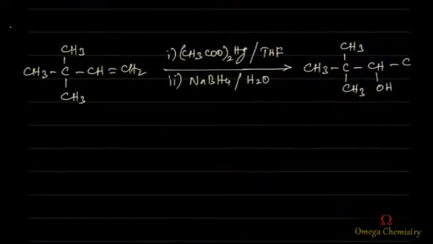But when the same compound is subjected to oxymercuration and demercuration, the reagents are mercury acetate in tetrahydrofuran, that is the first step, and in the second step, demercuration, that is a reduction with sodium borohydride, which will give you the Markovnikov addition product without any rearrangement. The only important point we need to note here is the final product will be obtained without rearrangement, according to Markovnikov addition fashion.